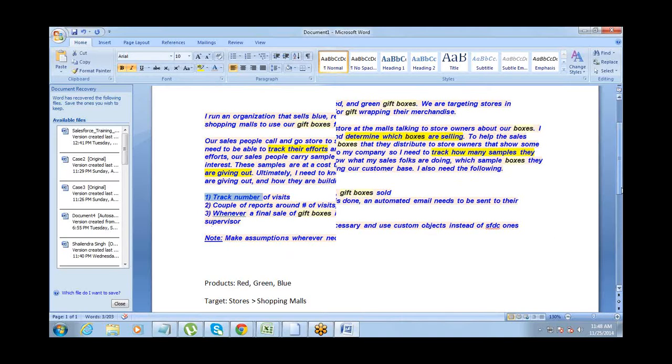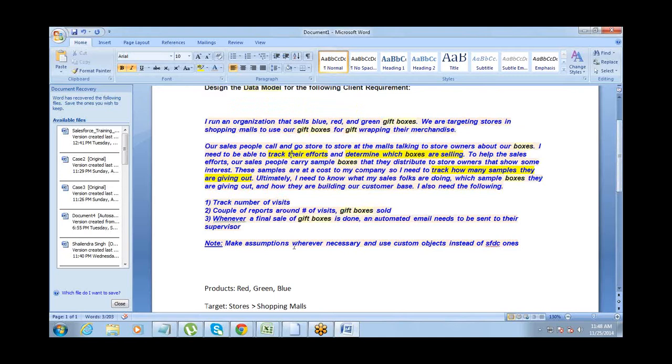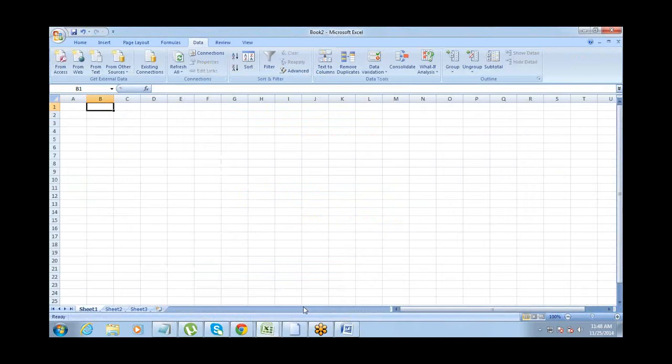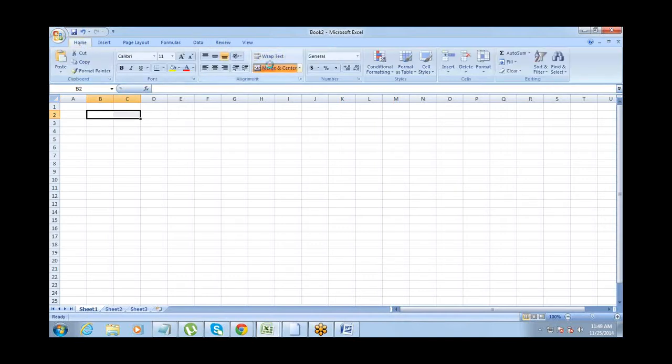Okay, track number of visits, a couple of reports, and all these things. So we'll get into this later. Let's now think about the points and then start building the data model. For the data model, the first thing we need to think of is my products, which I think Venkat has done pretty fine. And this will be different for different people. You design a data model and I design a data model; both will be different. There is no right or wrong data model. It's just about which data model is more efficient, right?